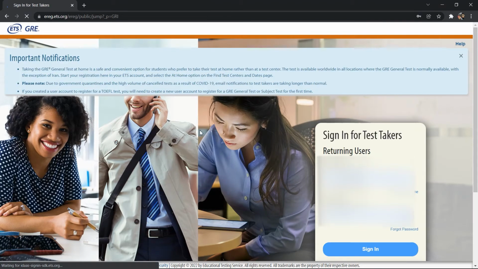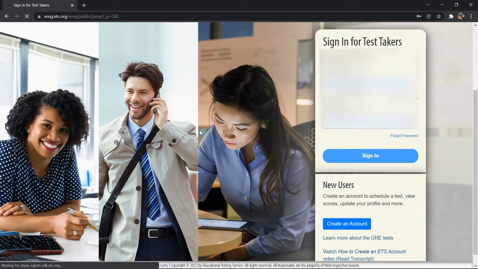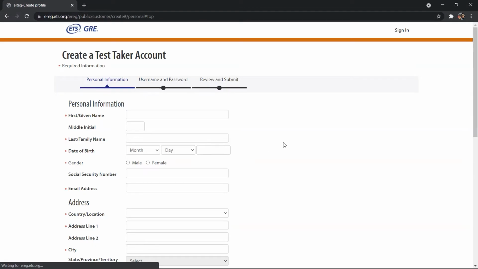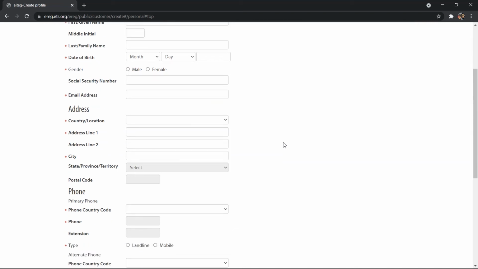This will take you to the my GRE page where you can sign into your account if you already have the account, or you can create a new user account by clicking on create an account. On the registration page, you have to fill out your personal information such as first name, last name, email address.